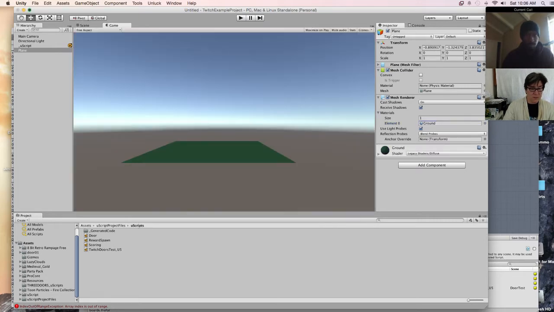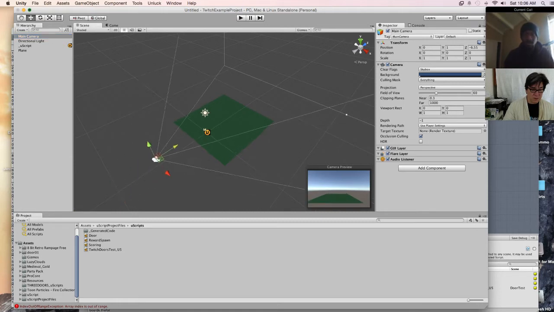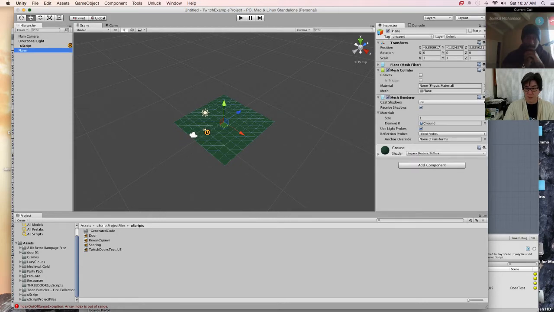What's that look like in camera? Let's get our main camera and move this so that we are looking a little bit closer at it. I use the hotkey to go to rotate, just so you know. Global, there we go. Let's rename this ground.